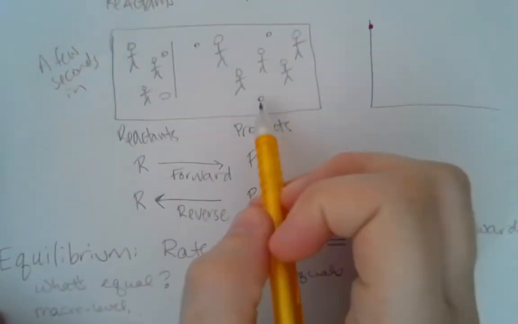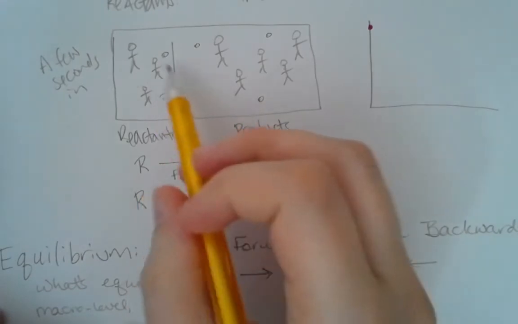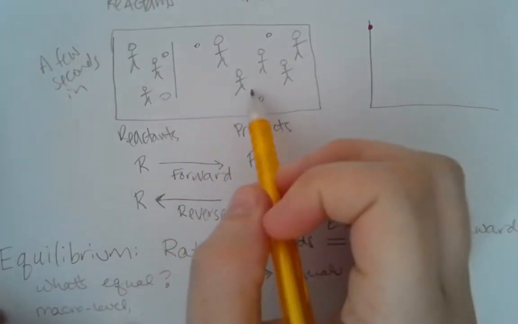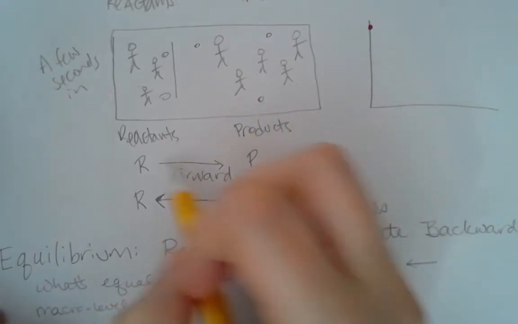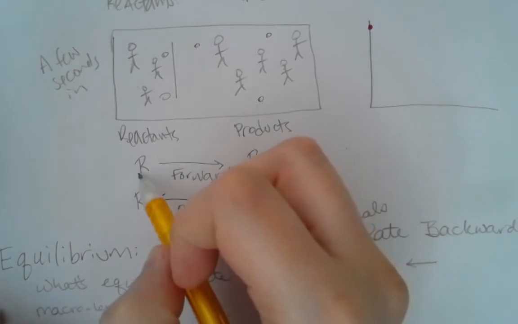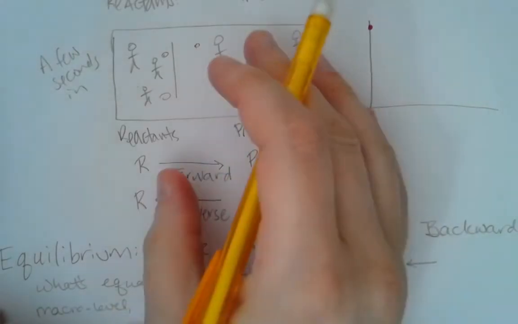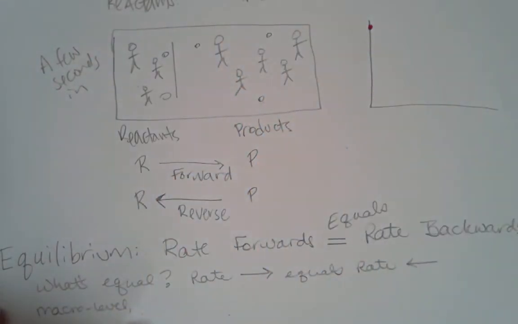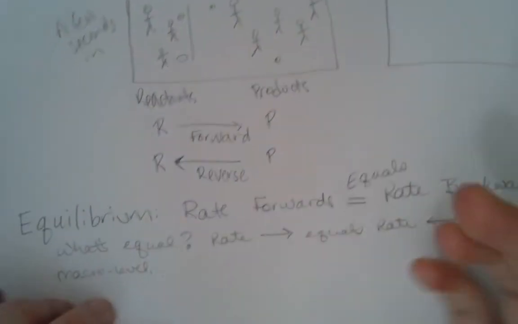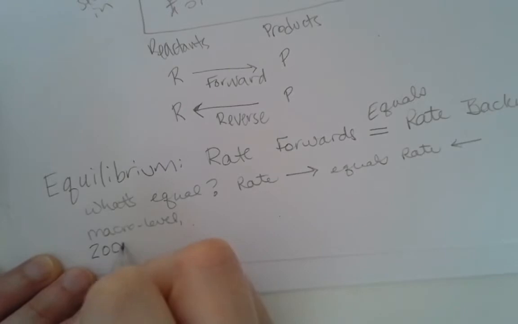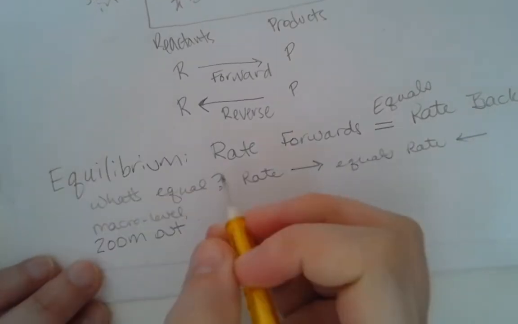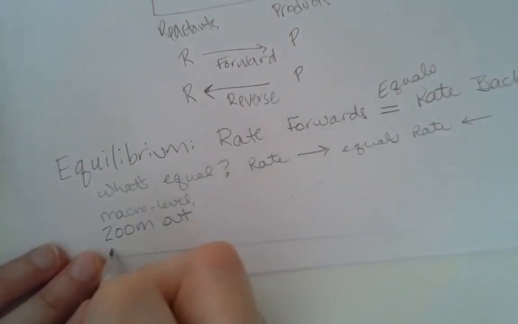In your game in the classroom, each of these bouncy balls is a particle. So you have to zoom into the particle level to see the change. It's totally happening. You have a constant reaction forward and a constant reaction backwards. But if we zoom out and take this over time, so let's say macro level means zoom out, or look at this over a lot of time,